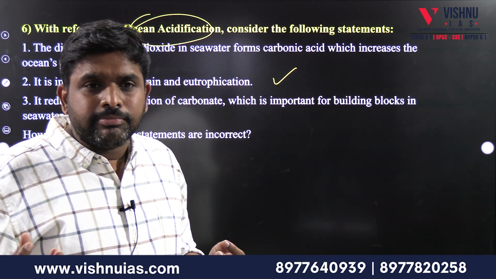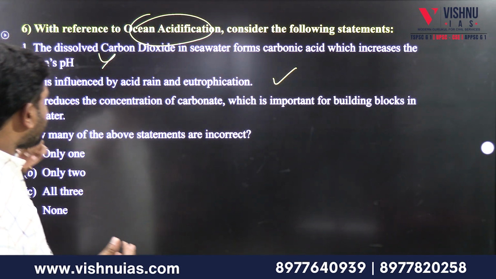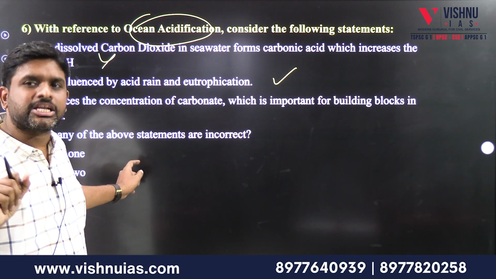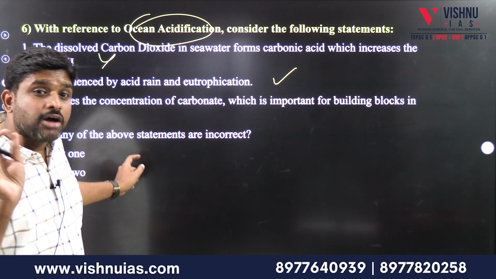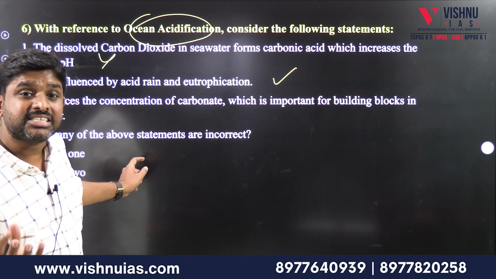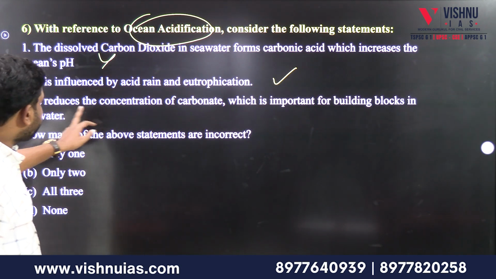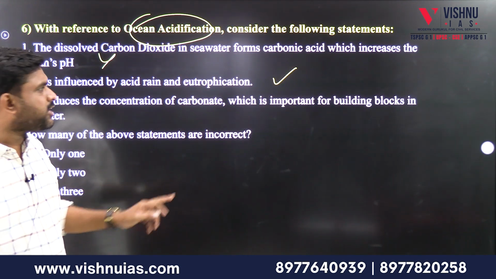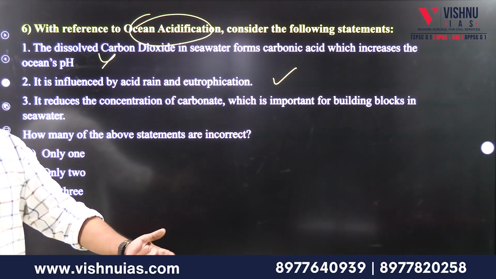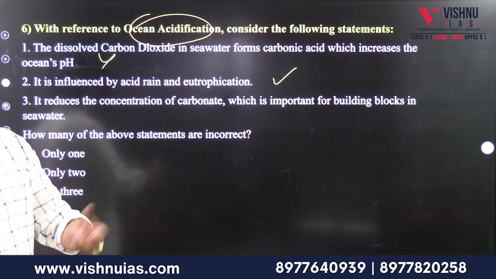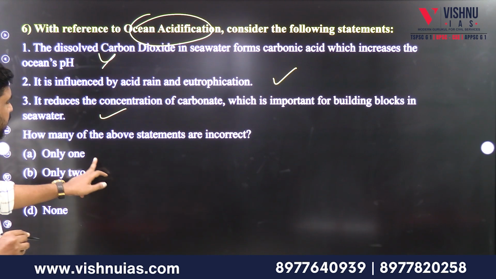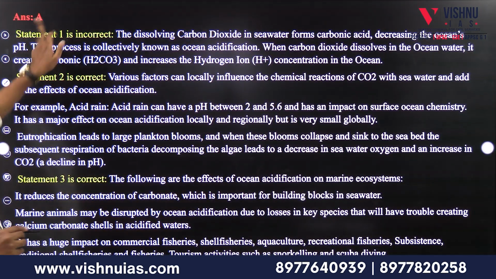Carbonate is good, but carbonic acid is not good. So carbonate is reducing and carbonic acid is increasing. So it reduces the concentration of carbonate, which is important for building blocks in seawater. Building blocks in seawater means organic form, life form. So this is also correct. How many of the above statements are incorrect? Only one is incorrect. So the answer is